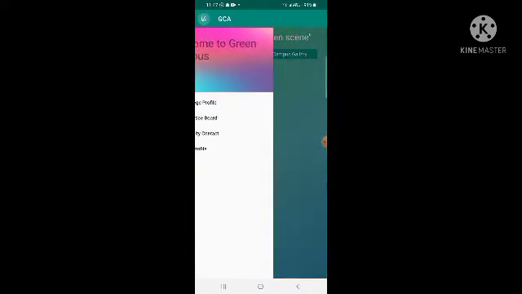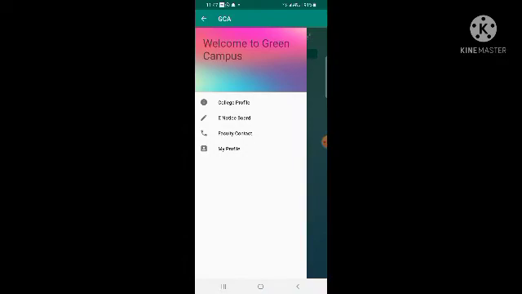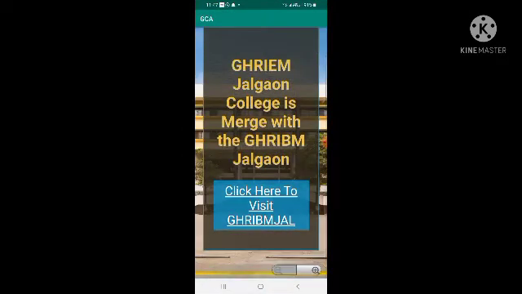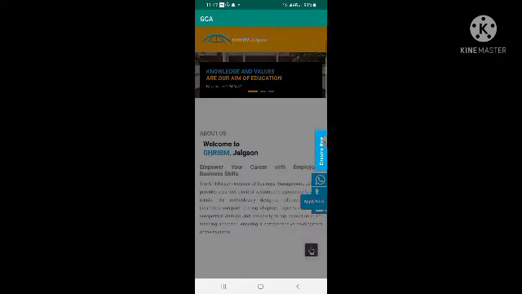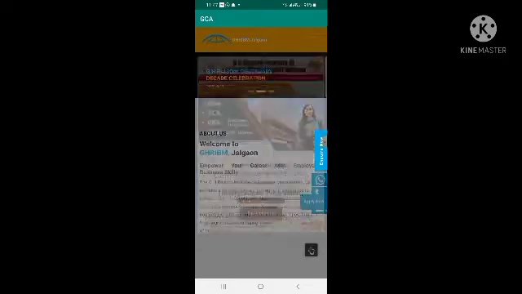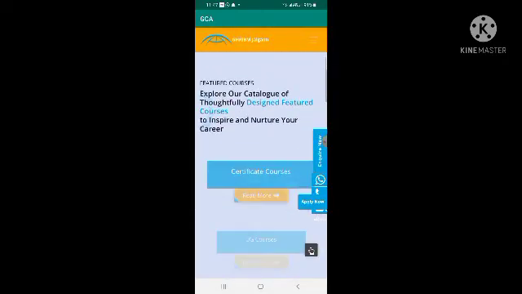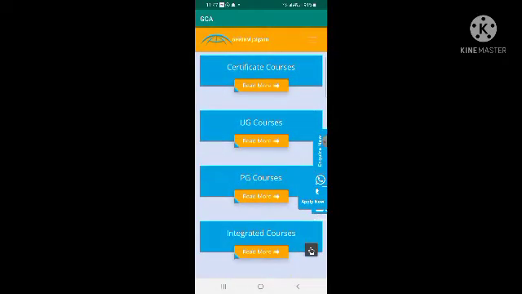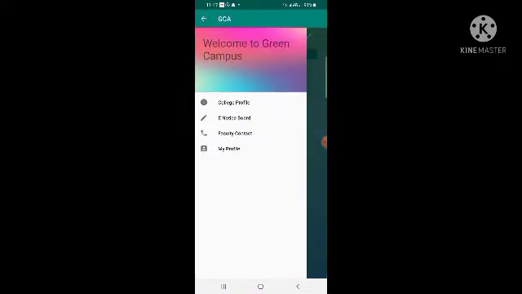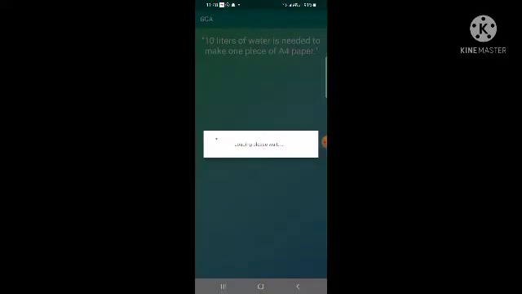This is the user account where he can see the college profile, and he can check the notice board.